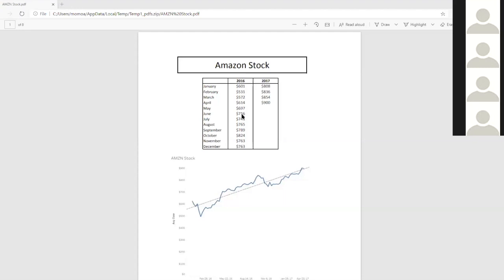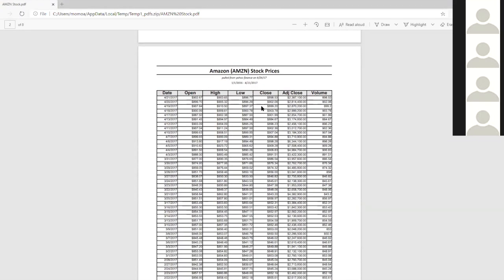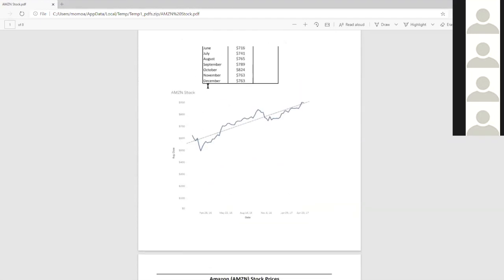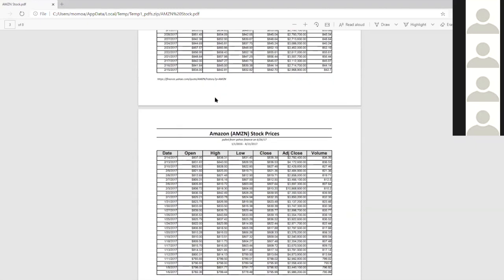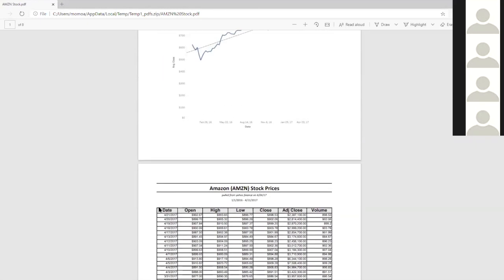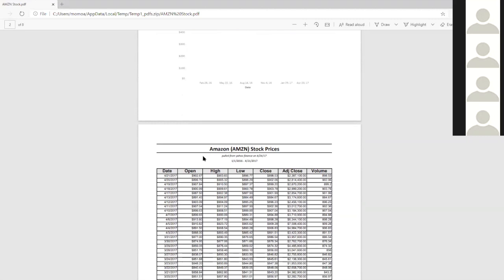Again, all this data is from the Tableau official site, where they publish some training data and some interesting data sets. Anyway, this is a PDF file that we wanted Tableau to get the data from